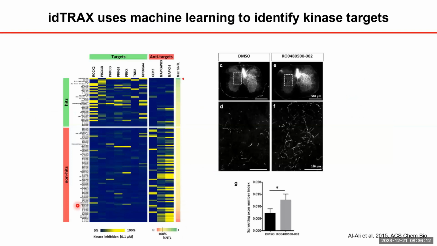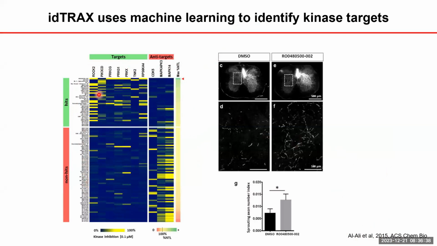These are figures from a paper published from their lab when Hassan was a postdoc there. What this machine learning algorithm allows you to do is take advantage of the promiscuity of most kinase inhibitors. They use machine learning to deduce what the targets could be based on the compounds that